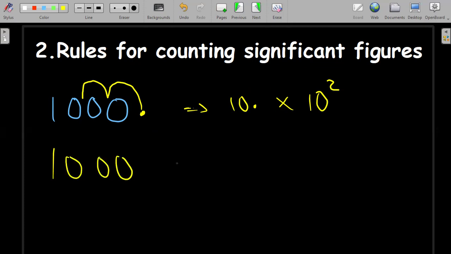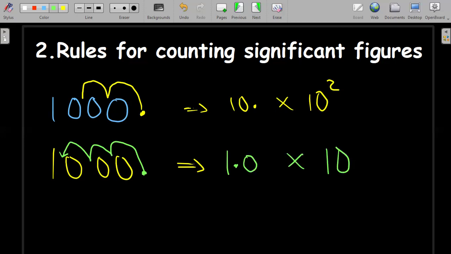Or you can write it in this form, which is the most preferred form. So if this question comes, you use the second one here that I'll use. You're going to say the decimal point is there. So I'm going to move it 1, 2, 3 times. If you move it 3 times, you're going to have 1 point. And then of all these zeros that you have here, just write 1 0 like that. And then you say times 10. How many times have I moved this decimal place to get to where I am? I've moved it 3 times. So this 1.0 times 10 to the power 3